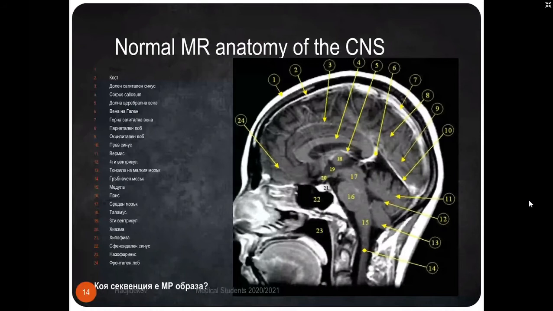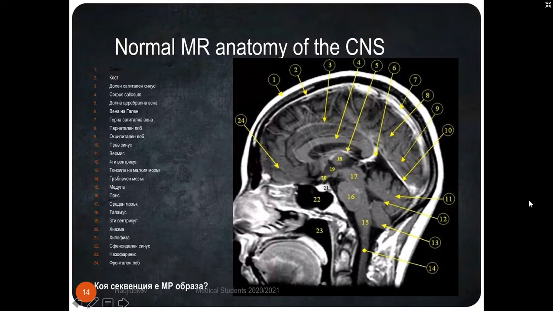The brain is also evaluated anatomically with MRI. MRI can give you not only axial images, but also sagittal, like in this case here, and coronal images. We should be able to identify every single structure here, because if we have some pathological entity or some process, we should describe the location. This location, especially in the brain, is very important, not only for the neurosurgeon, but also for the neurologist, because every center is reflecting some